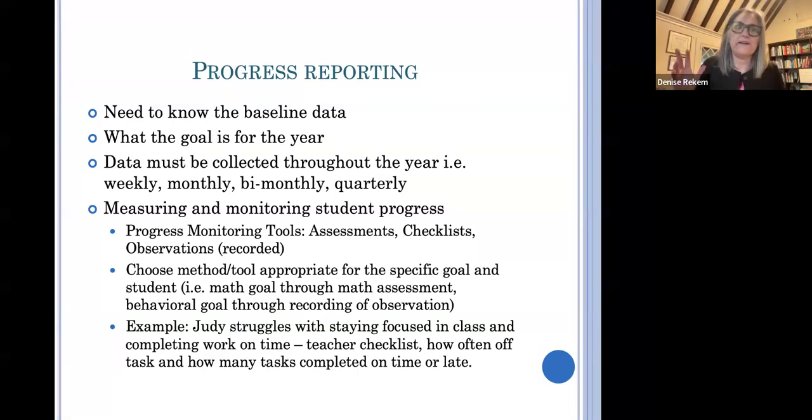Again, it's not about catching the district doing something wrong. Let's all assume that the district wants to have your child succeed also, that they want to provide services and have the child make progress, right? So we just have to make sure that we get the data, the documentation, so we can all know, school district and parent, if in fact the child is making progress, and if not, we need to do something about it.